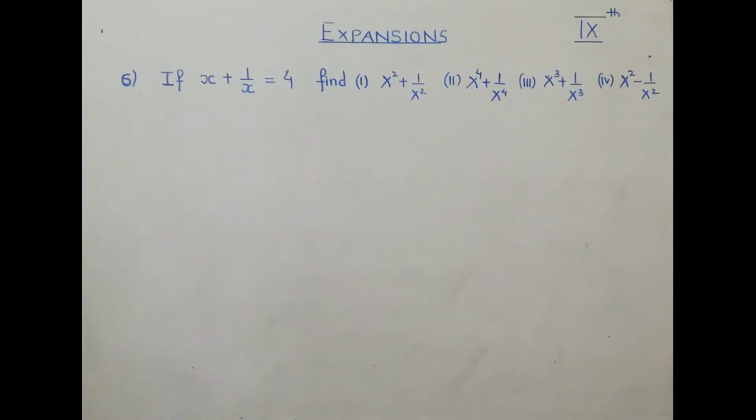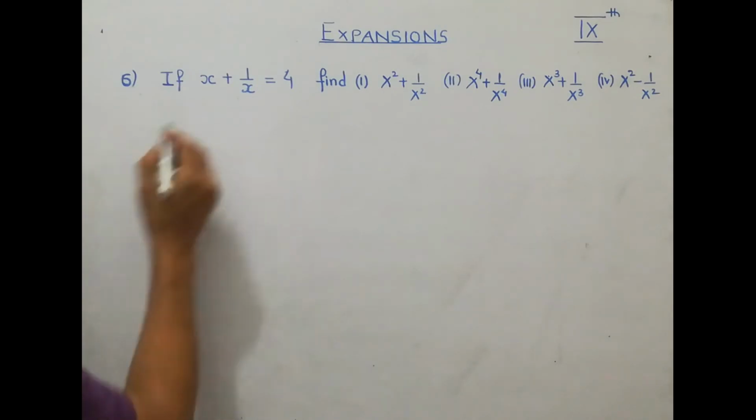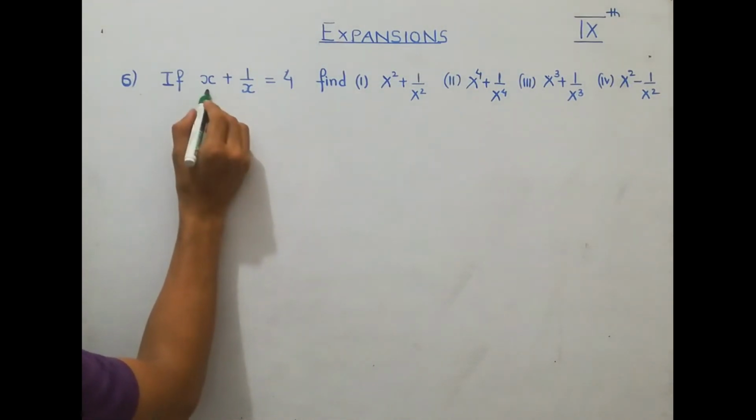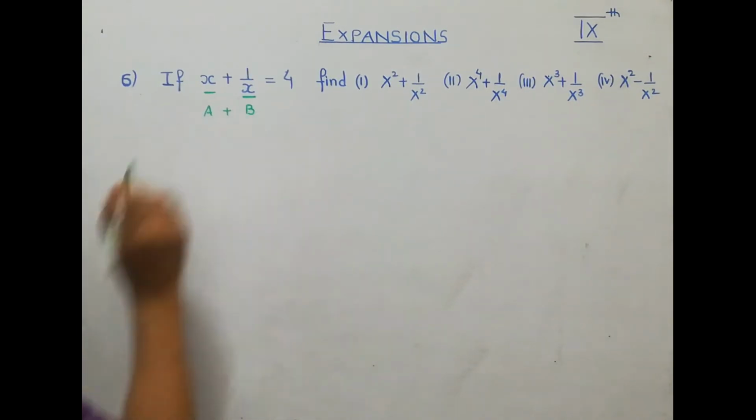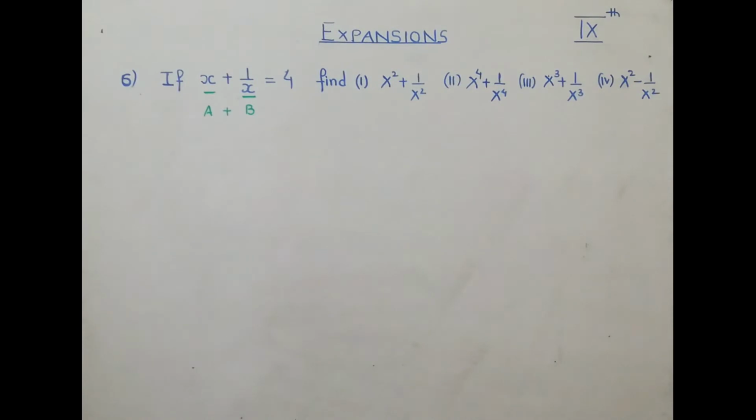Whenever you are finding the two terms, you are going to read them as a and b. If there is a square sign over them, so you will read as a square plus b square. If there is a cube sign, you will read it as a cube plus b cube, and so on. Now here we will read it as a as the first term, this one, plus b, second term. We will say a plus b is given to us. Okay. Now with a plus b given to us, in the first part you can see they have asked us to find a square plus b square.